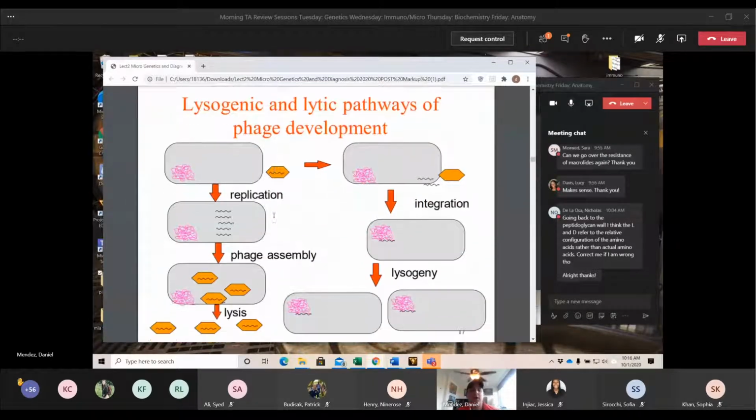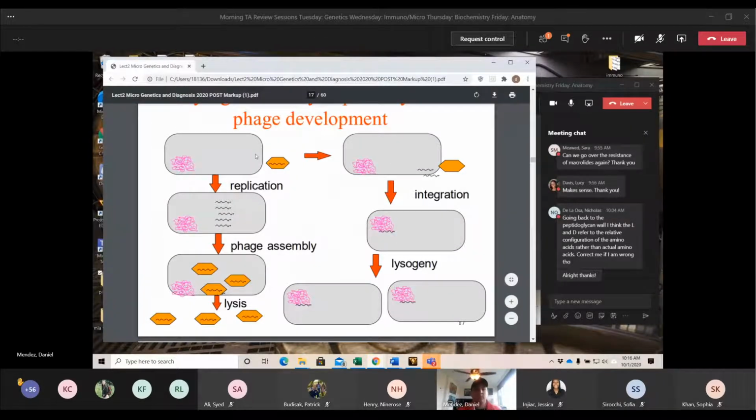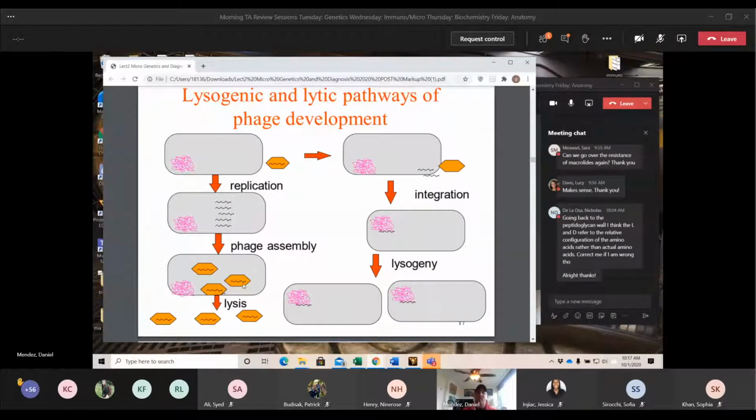So here in this picture, on the left side is lytic, and on the right side is lysogenic. With the lytic, like we said, the bacteriophage introduces its genetic material into the cell. That genetic material will then replicate over and over until we have more bacteriophage. Here it's just showing 3, but essentially you would be getting hundreds and hundreds until all of these phage fill up this bacteria, and it's too much, and the actual cell just bursts. Then we release more phage, and the phage will go on and continue the process with other bacteria.